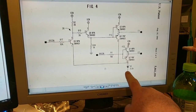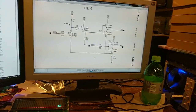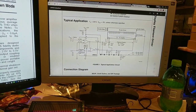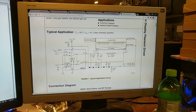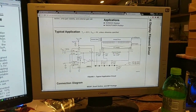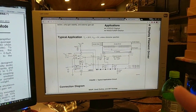But notice it's got a Zener diode, so the filament floats above ground. And that's important because on a vacuum fluorescent display, this filament is your cathode. That's your emissive material. And that cathode has to float above ground so that when this grid...